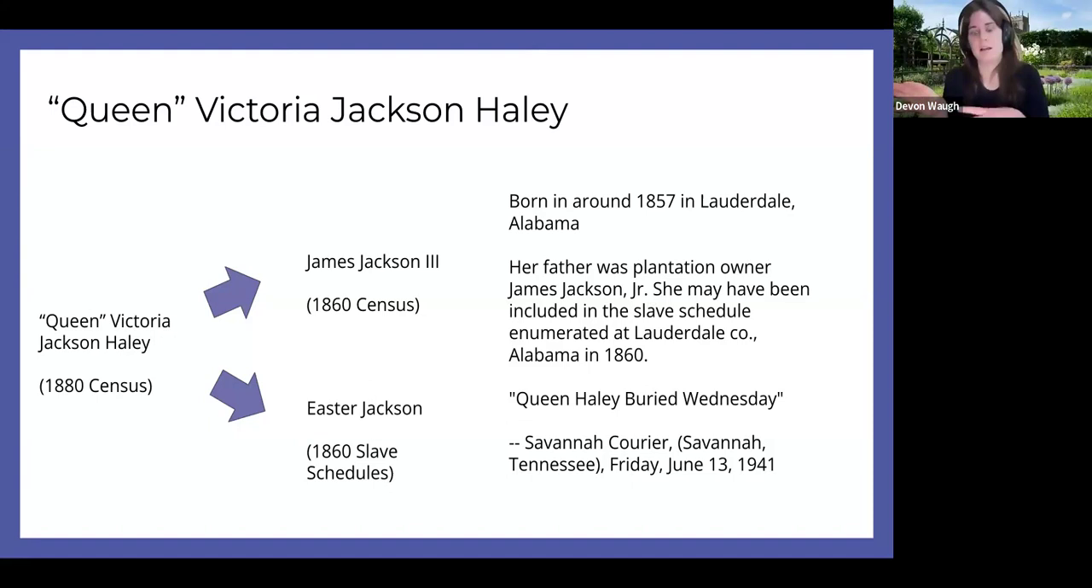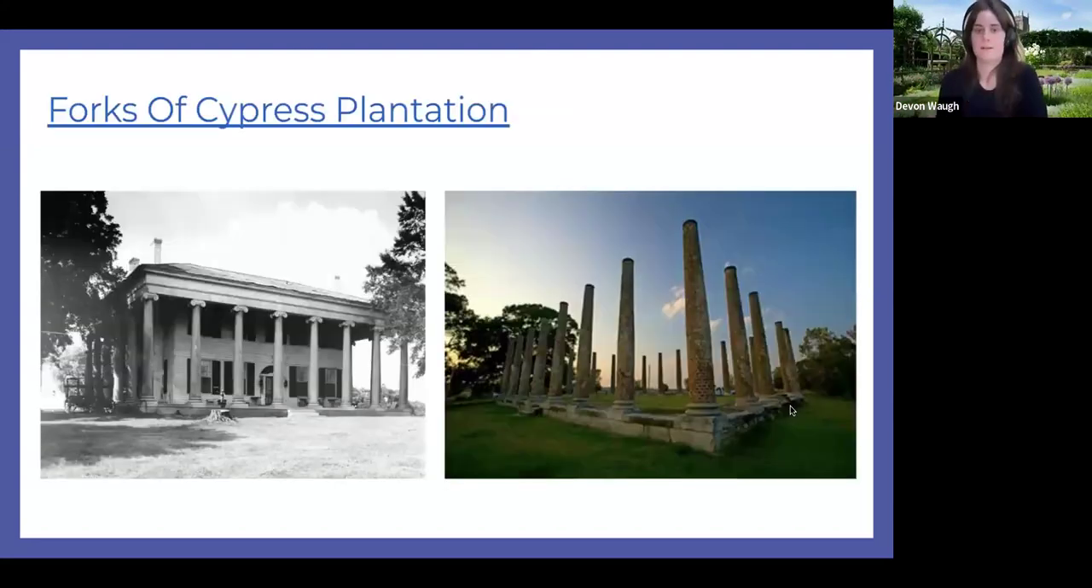So that's kind of where these little points of census record, slave schedules, death index, and marriage announcements are useful. This is the Forks of Cypress Plantation. There was a fire that essentially ruined the house itself, but there